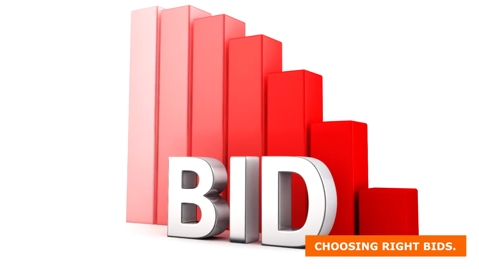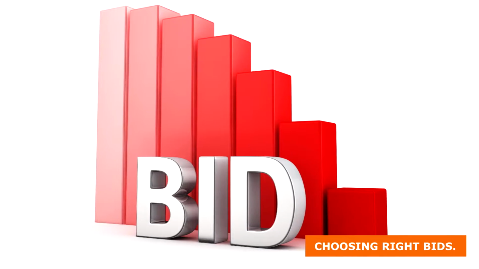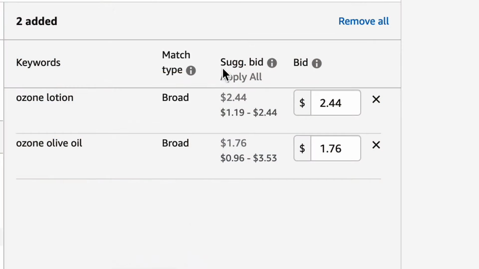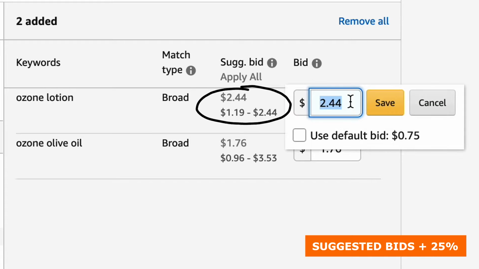The second thing is bids. Now, how are we going to decide what bid we need to put over there? That's one of the trickiest questions, and I was always confused until I found the answer. The answer is simple. We need to try things. We need to try different bids. To start with, we are going to give the suggested bid plus 25%. Let's say the suggested bid is $1, then you can go for $1.25 in your bid and let it run